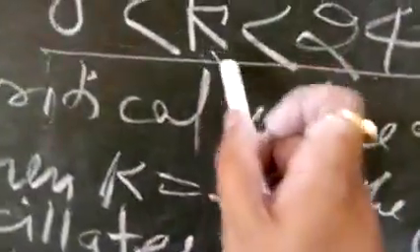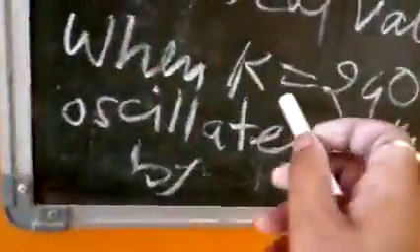So for stability, k is greater than or equal to 0 and less than or equal to 240. This is the condition for stability. But when we choose k equal to 0 or k equal to 240, we consider k equal to 240 to be the critical value. When k is equal to 240, the system